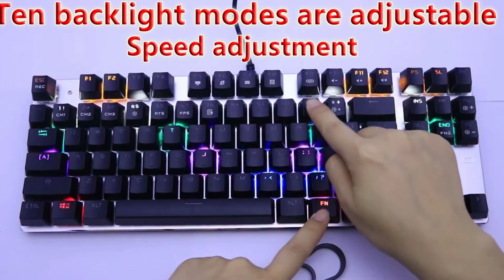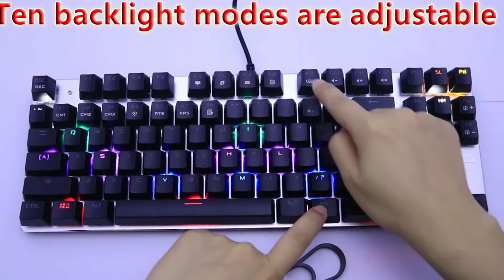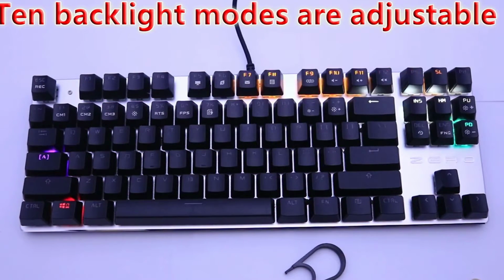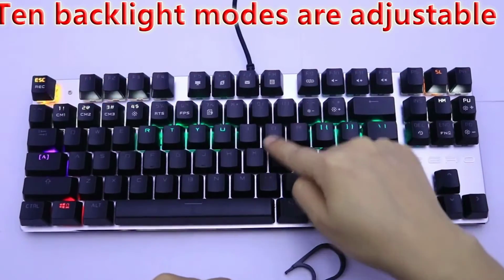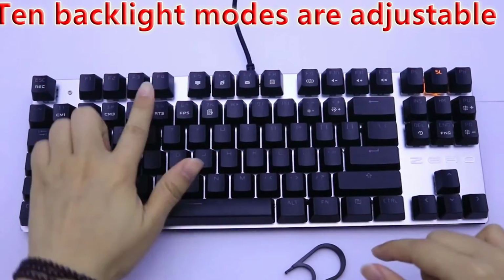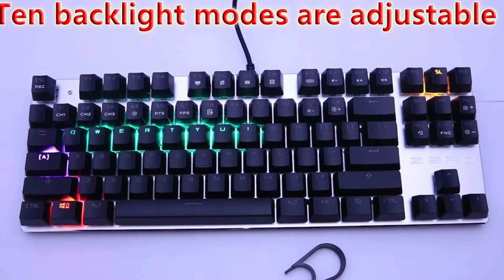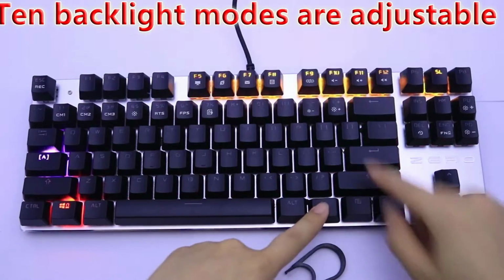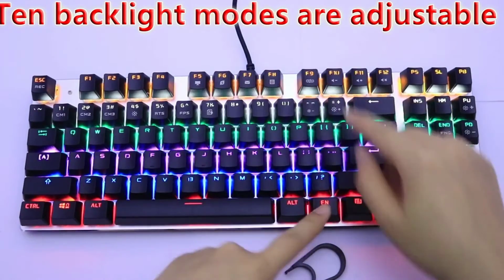2 modes can be chosen. White or black no light version, ABS plastic panel, specified 29 key anti-ghosting. Control plus shift doesn't work with these keys: N, M, greater sign, less sign, H, vertical bar, P, O, I, U, Y, and Page Up, Page Down, Delete. If you want to know more about anti-ghosting, you can open this link